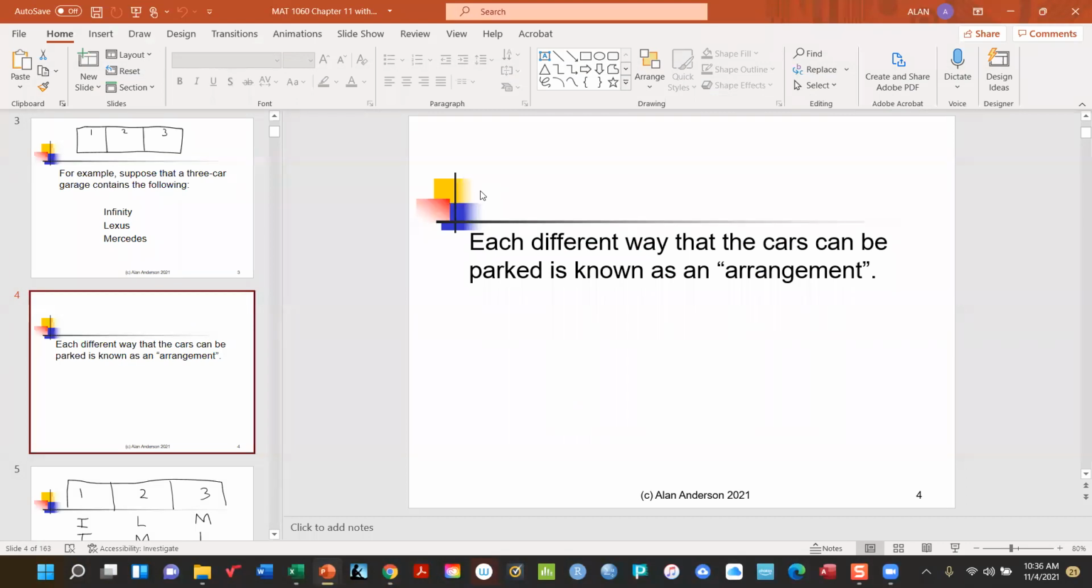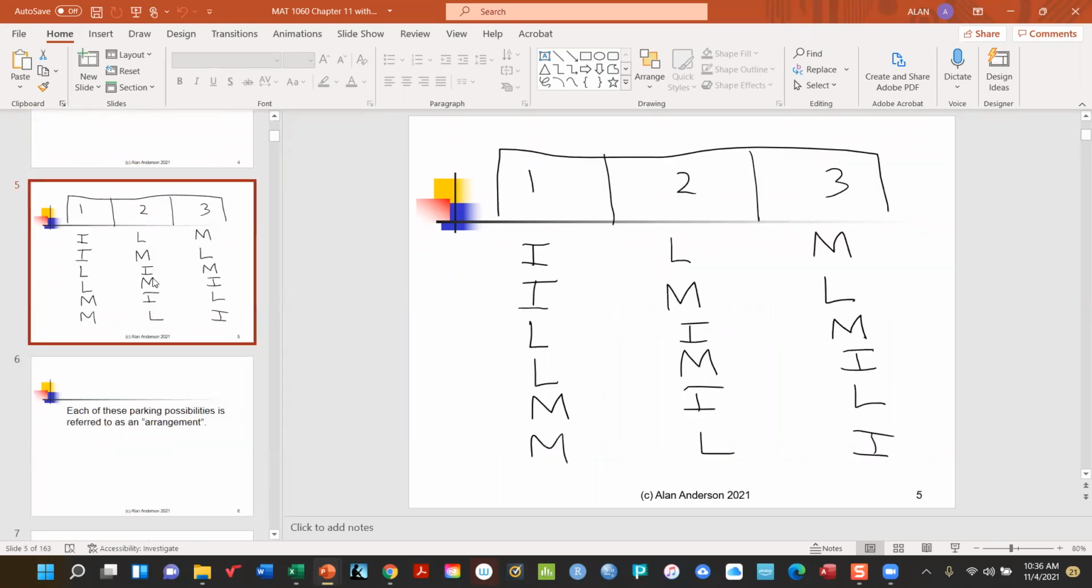So yes, each way we can park the cars is called an arrangement because you're taking all 3 cars and simply changing the order in which you're parking them. And we discovered that there are 6 different ways of doing this. First, by simply writing them out, which always works, but that can take a very long time, especially if you have,